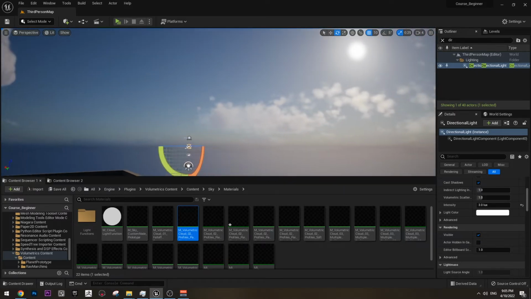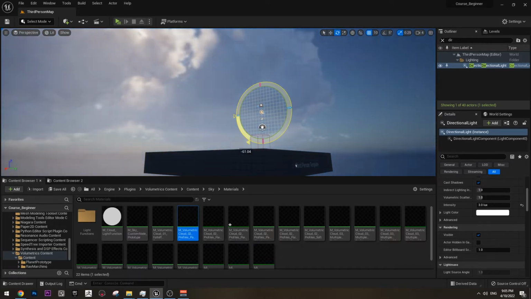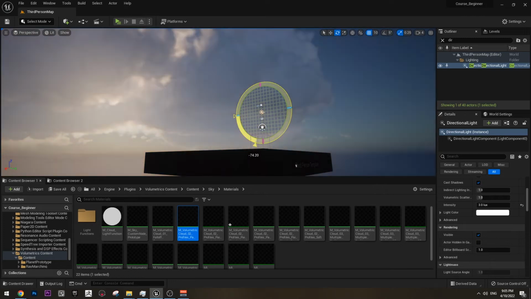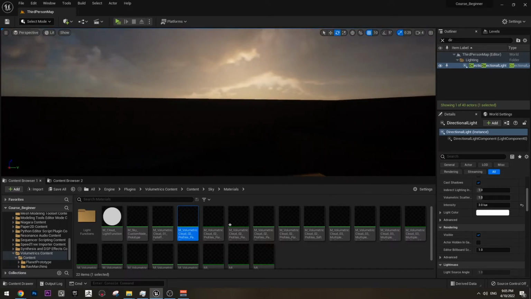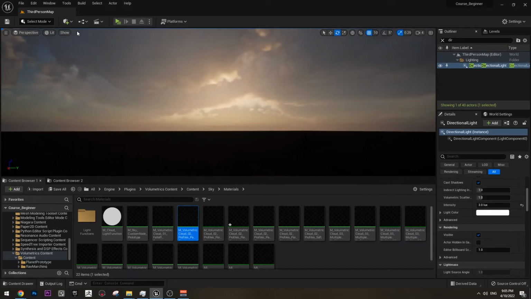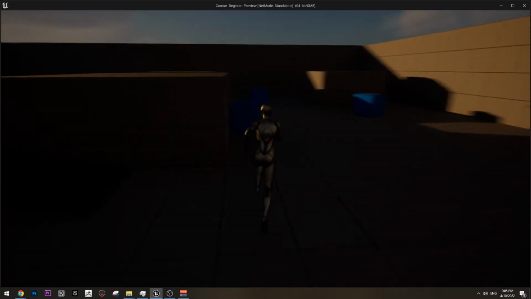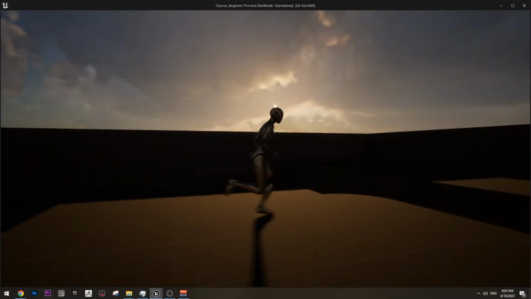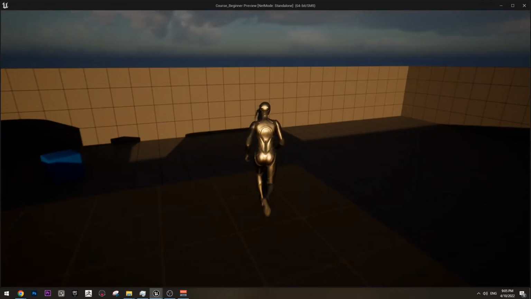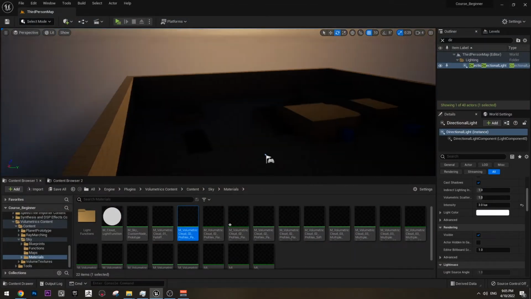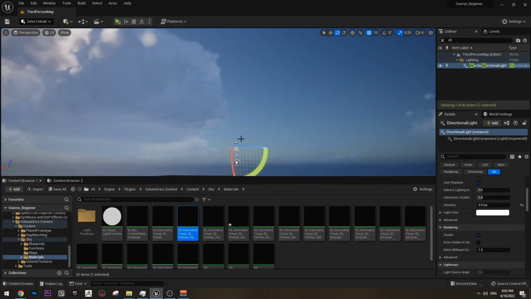We can even put the sun the other way around, so you can see it into these clouds here, though it's not very visible. So we have a very dramatic scene right now, and if I press play, you will see, yeah, everything is in shadow. But if you climb here, you can see the dramatic lighting. But yeah, for now I'm going to put it somewhere here,